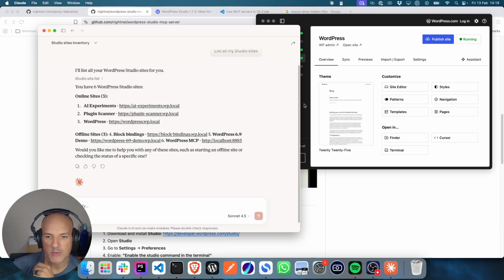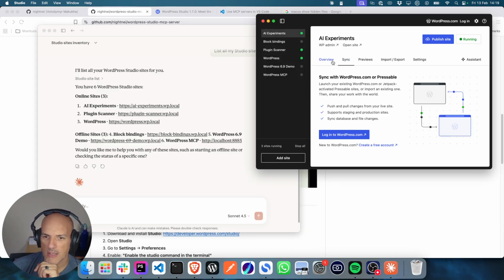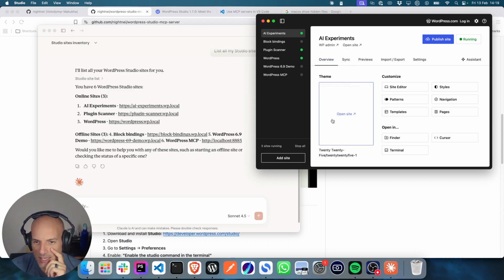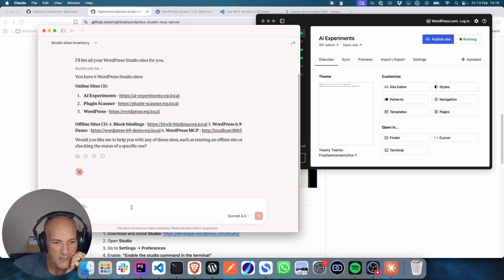Wonder what the difference is between online and offline sites. Have I synced AI experiments somewhere? I don't think I have. Oh, it's running. Oh, I get it now. Okay, so it's sites that are running. Oh, the AI experiments looks like it's broken, but that's fine. Anyway, offline sites, which is no. Okay, so